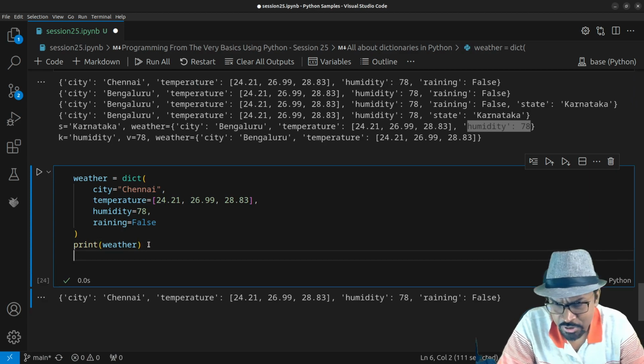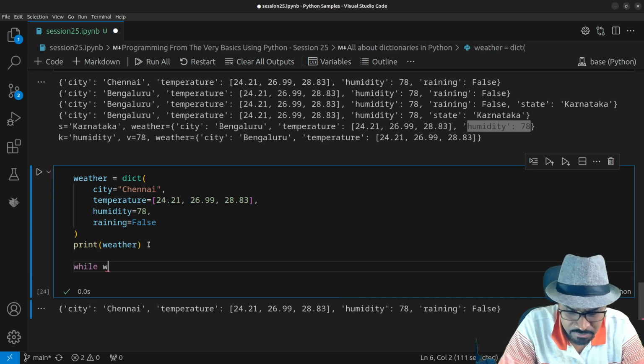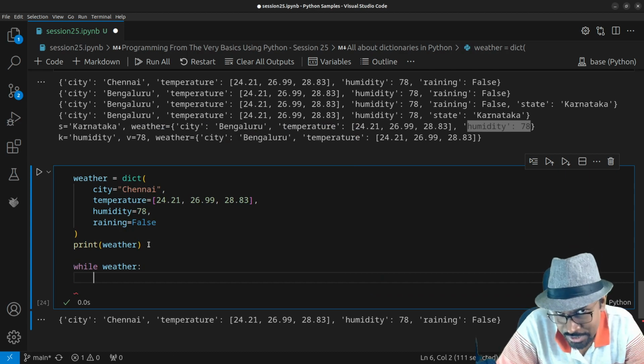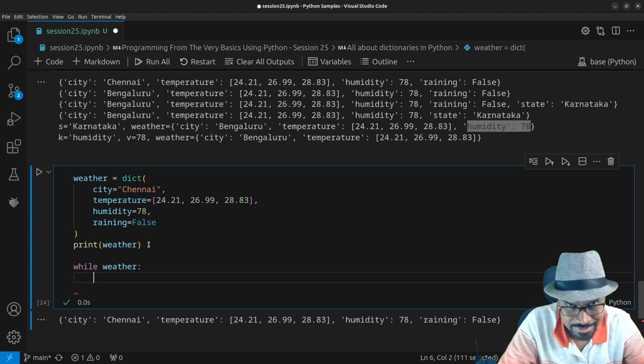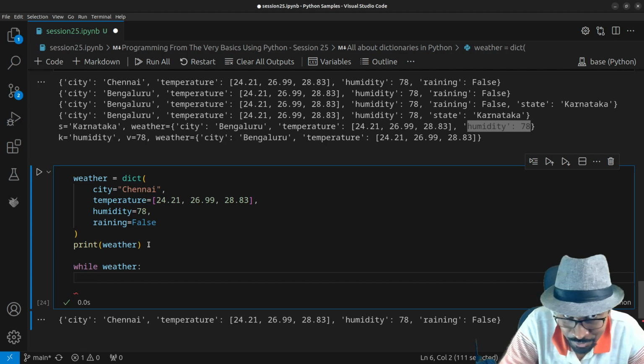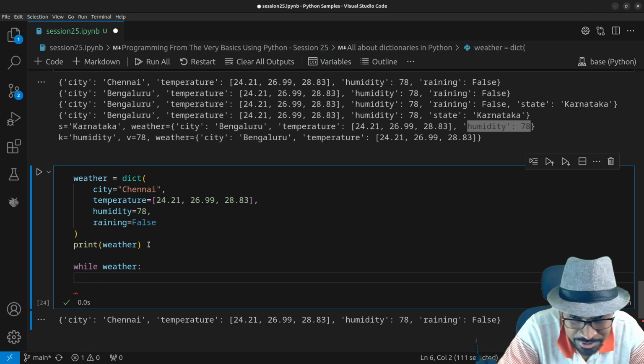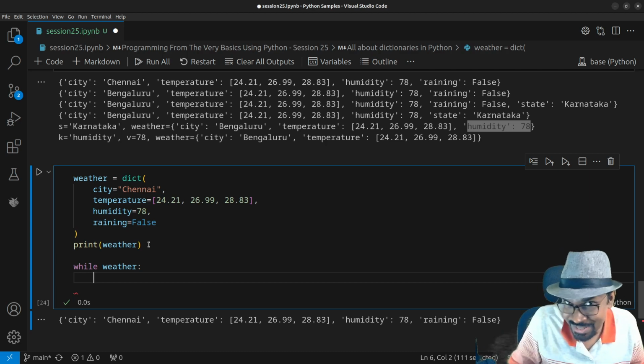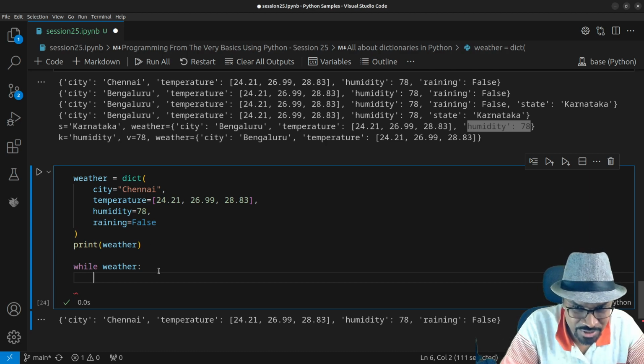I can write a nice Pythonic idiom here where I can say while weather. What does it mean? Weather is a dictionary. A dictionary is a collection. When you use a collection in place of a Boolean expression, that's what while expects, right? A Boolean expression. What does it mean? While the weather is not empty. That's how you read it. So you read this as